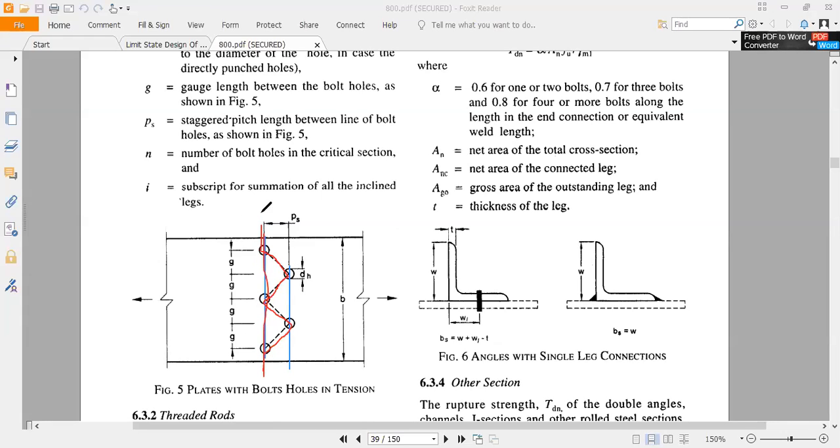Failure will be like this, meaning the rupture, the material breaking, will be in this direction. The material will separate from one part to the other part along this line, right? That is what we have to think. Firstly, we will assume that the member will fail along this line, and then along this line. Okay, based on your assumption, you have to find the net area.